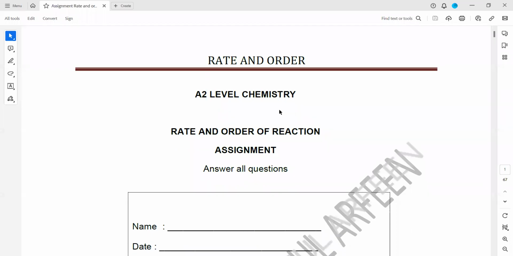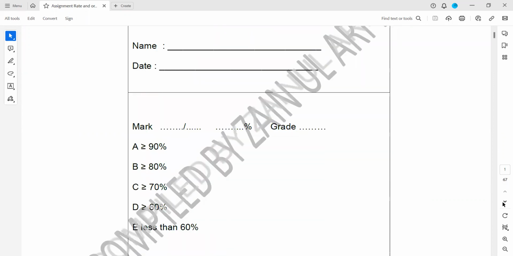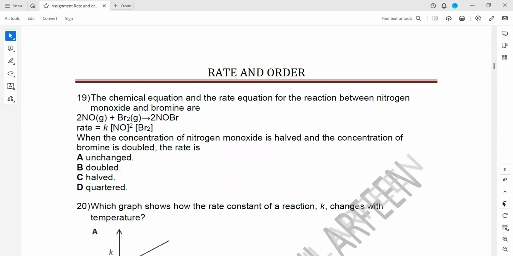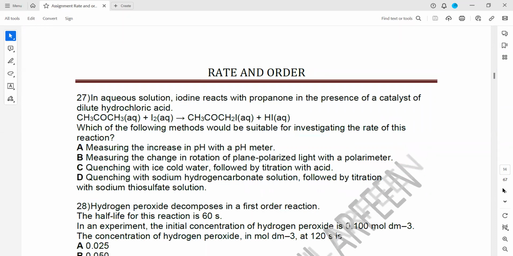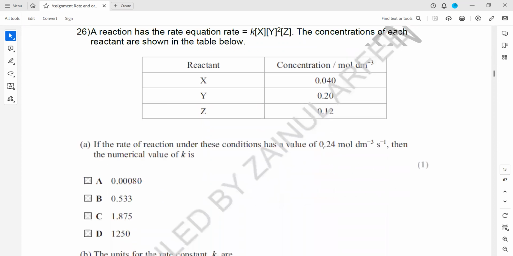In this session, we'll discuss MCQs related to the topic rate and order of reactions. The first 25 are already recorded, so I will start with 26. In question 26,